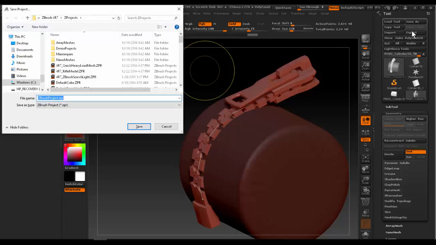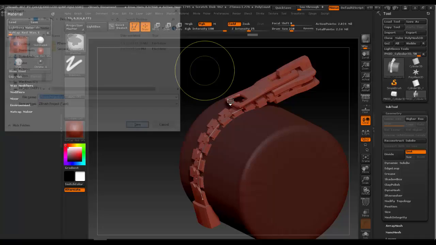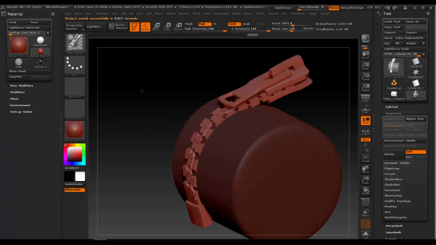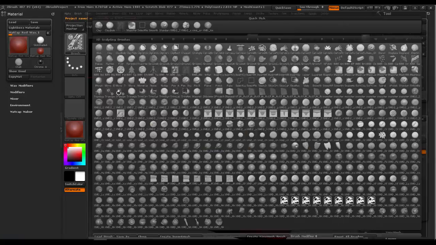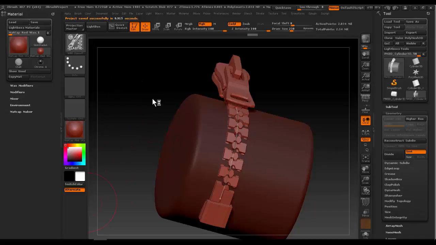Saving is just Control S. Don't go up here to save as or export. Don't do that. There's more stuff up here. Don't do that. Just hit Control S and then save your document where it needs to go. Okay. Also, I would recommend going to YouTube and just watching either speed sculpts